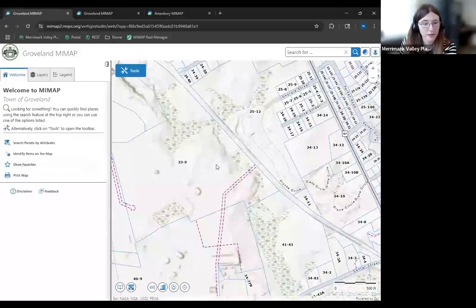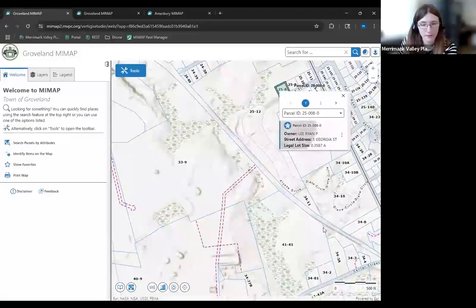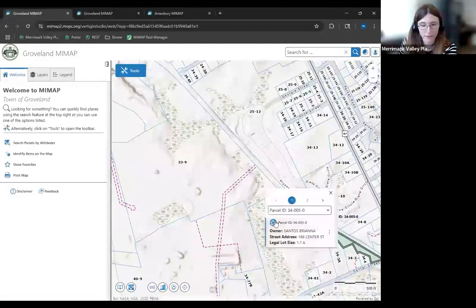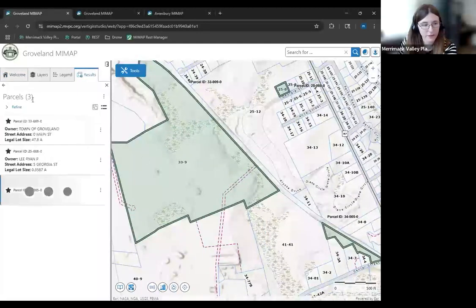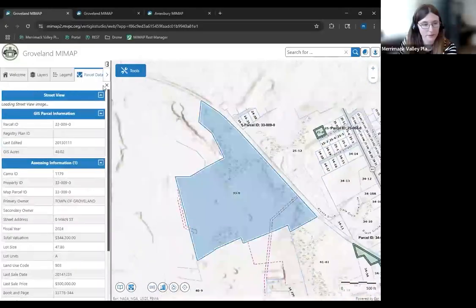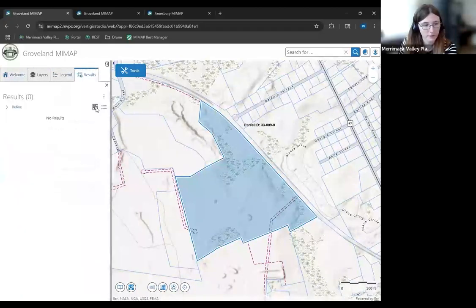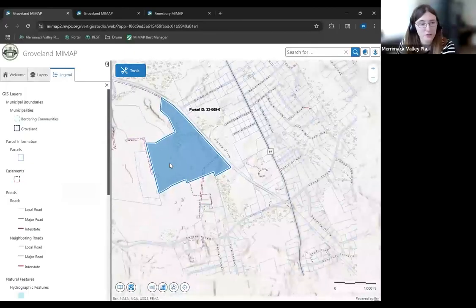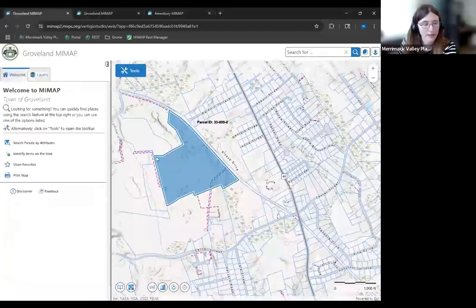Now, favorites is new. Favorites is when you select something, you're going to see this little star button. This star button kind of adds your result to a little set of remembered items. And when you want to bring them back up later, you can just click show favorites and it'll bring them right back up here. And you can click on them and look into them and see what these individual things are. So if you want to unfavorite them, you can also just click the little star again to take them out, and then they're gone. I believe that saves between sessions, so you can go back and forth, come back and look at a parcel again if you were looking at it in the past and wanted to go back to it for one reason or another.